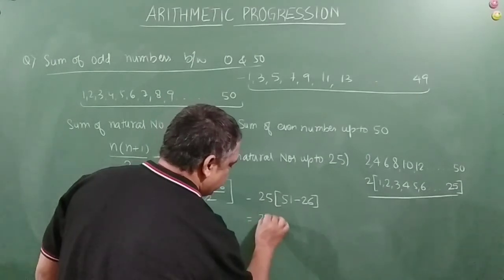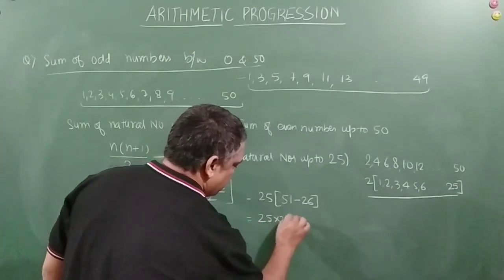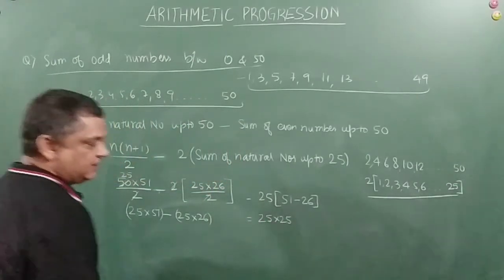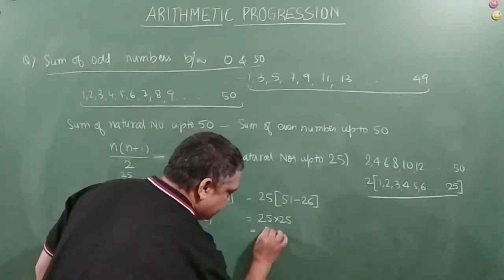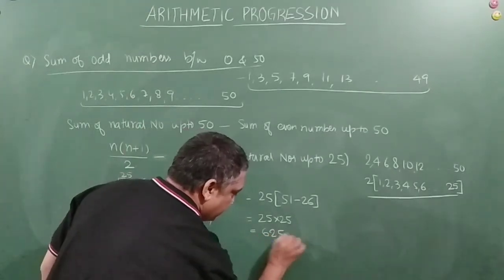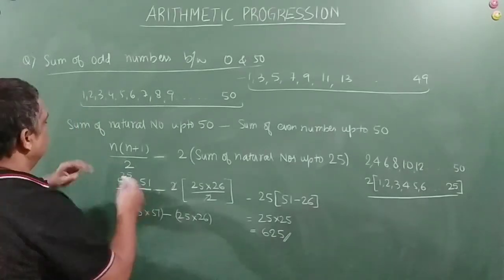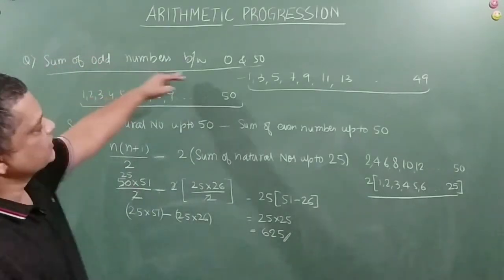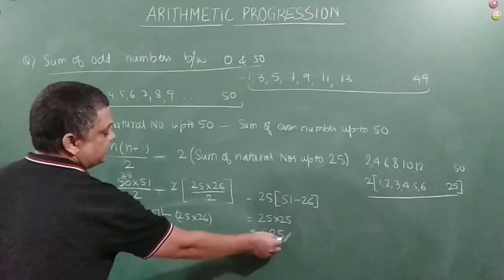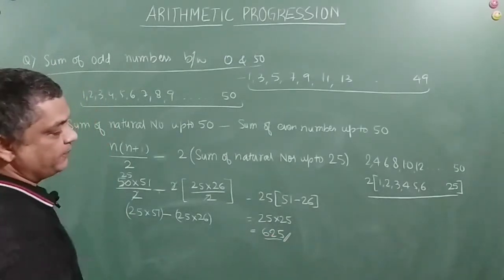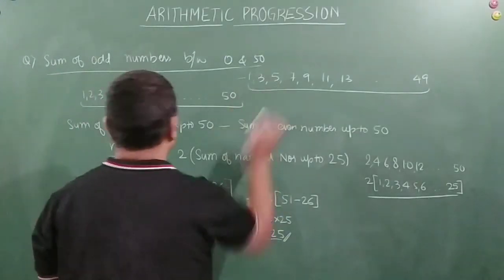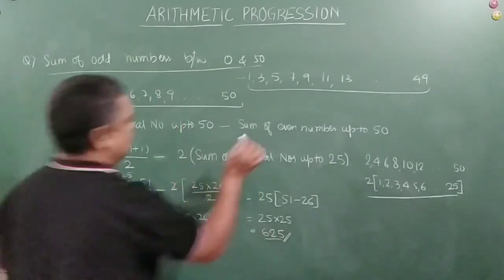So which is equal to 25 into 25. Right friends? So 25 into 25 is equal to 625. 25 square is 625. Right? So you got the answer? So the sum of the even numbers between 0 and 50 is 625. So the formula that I have used here is